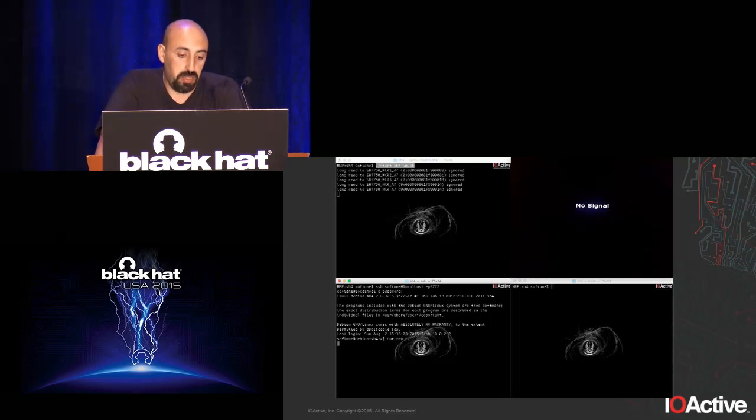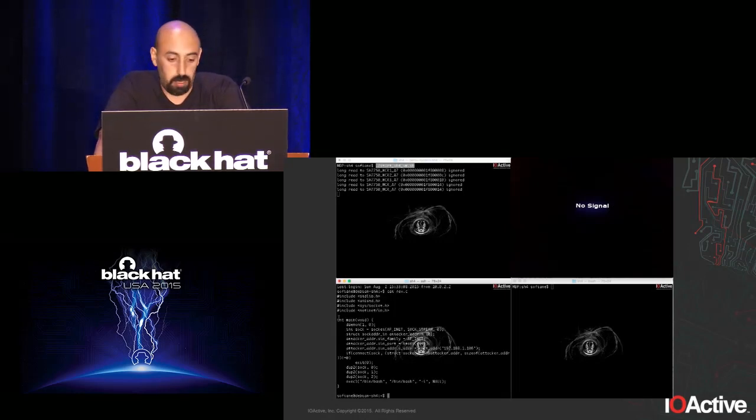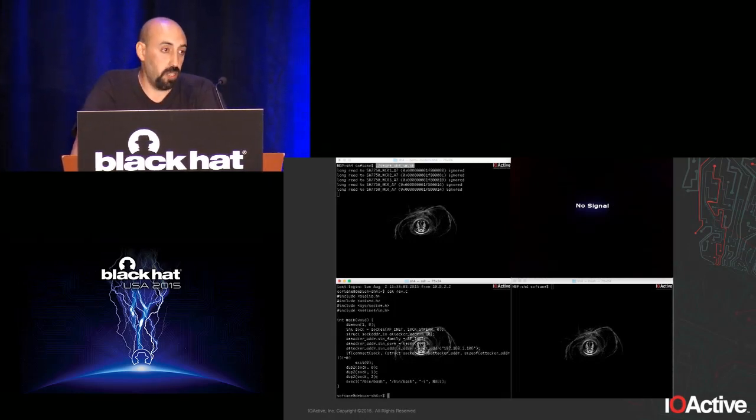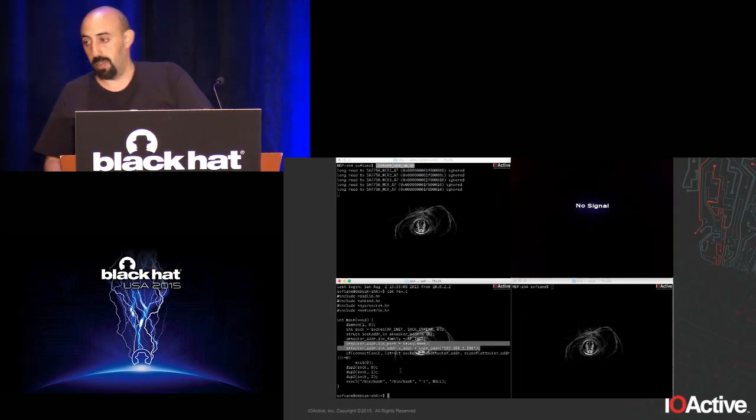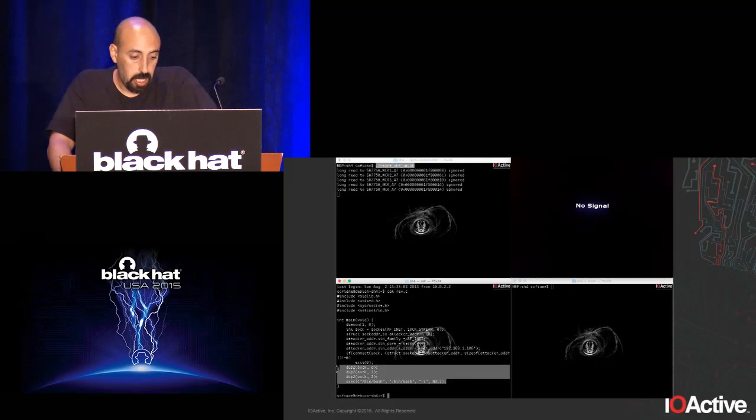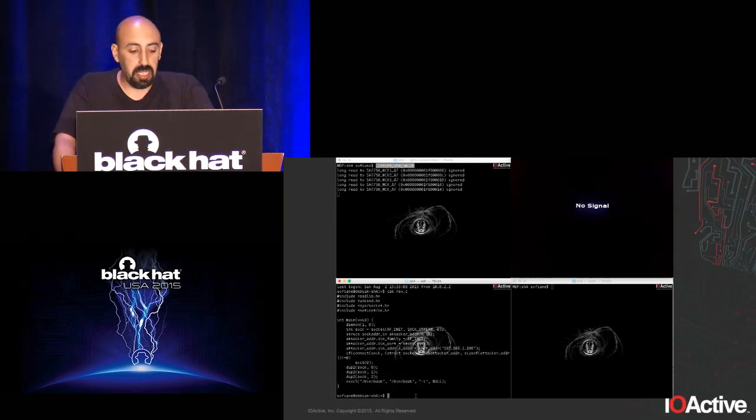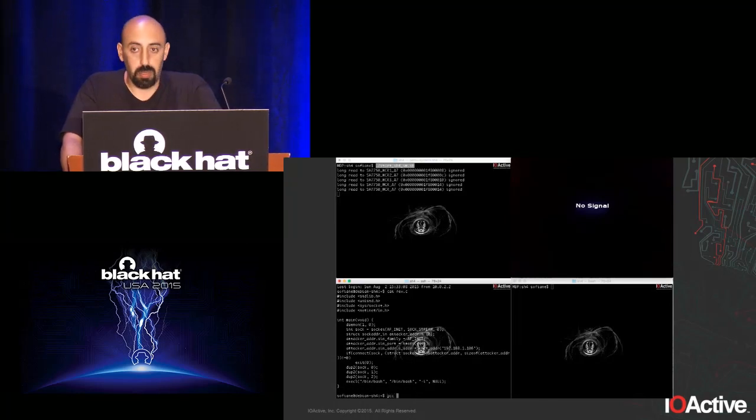In this case, it's just a small piece of code that acts as a reverse shell. It just connects back to my IP on port 4444 and drops me a reverse shell there. So this could be the case for any software that is downloaded or installed on those boxes. So we use GCC, and we just compile it.